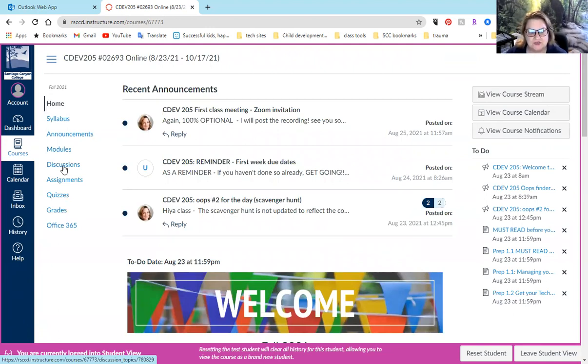So again, these are your controls right here. Syllabus, obviously that's where your syllabus is. I've uploaded it. I've copied everything down. There's also a list of assignments that corresponds to the calendar. Announcements are these. Make sure you are getting your announcements in your email. Modules is a list of all the modules, and I'll show you that in a sec. Discussions is another place to get the discussion boards, but you can also get them through each module. I'm going to give you guys different options. Assignments will be listed here. Same thing with quizzes, and your grades.